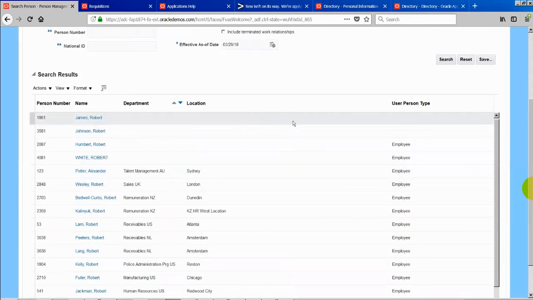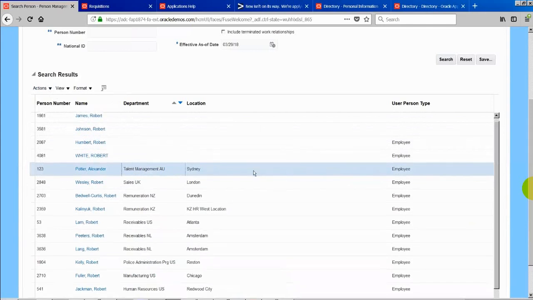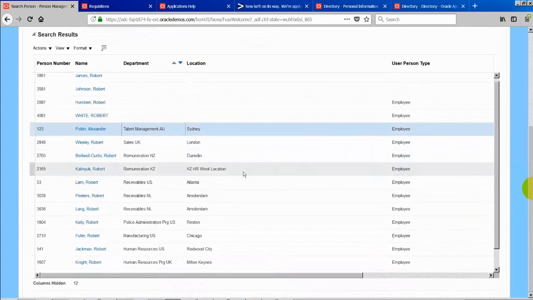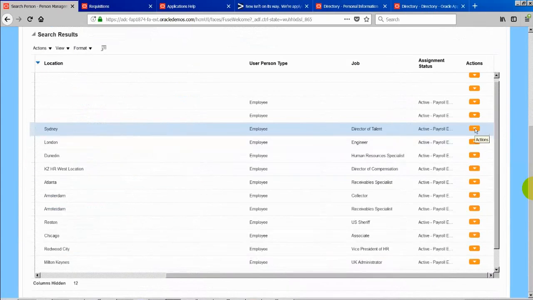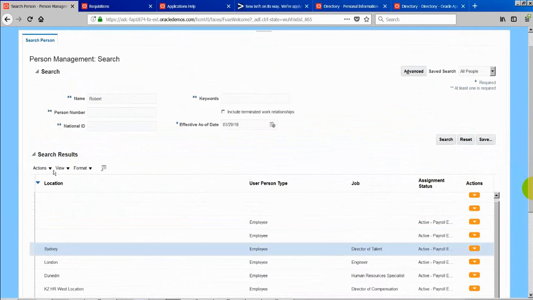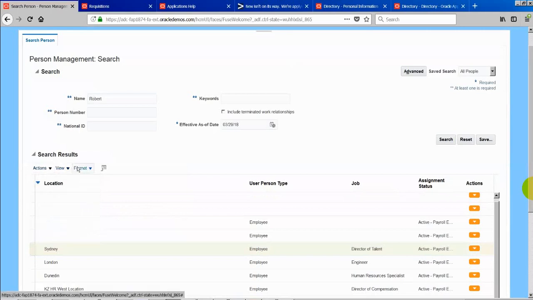And for any search record, if there are any actions that we can perform on this record, then we have 2 ways you can perform the actions. Either you can go to the end and click on this drop down action, or you can go here and click on the actions, and you can do whatever task you wanted to do. There are multiple ways you can use these actions.